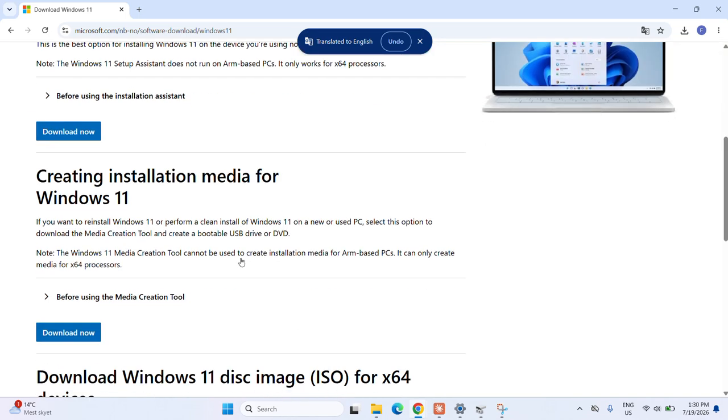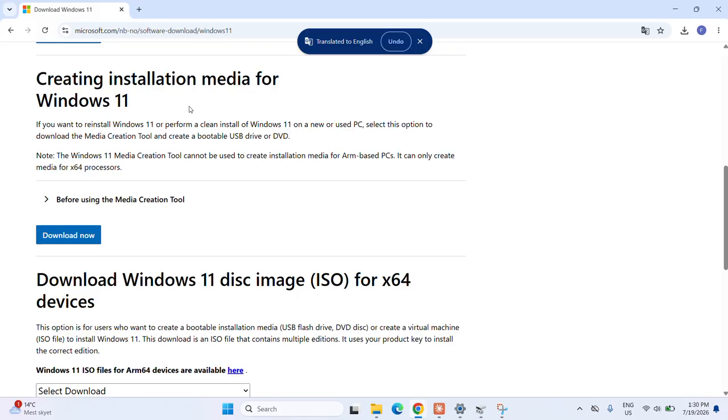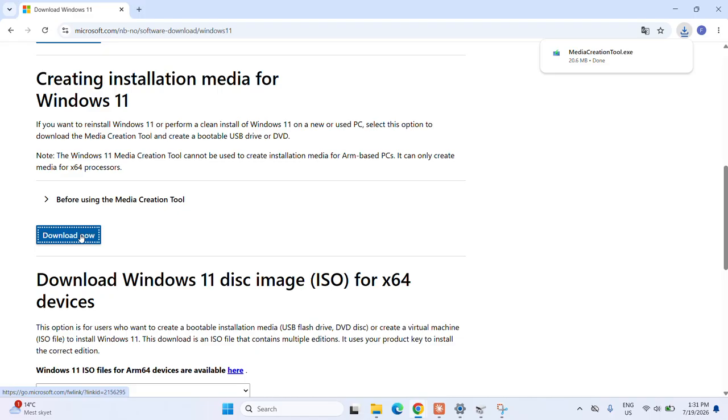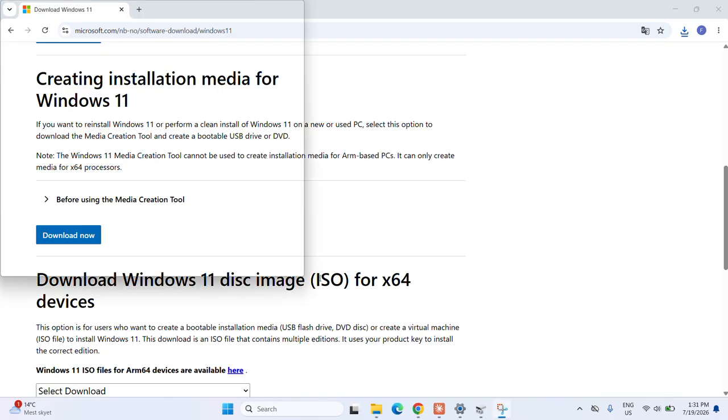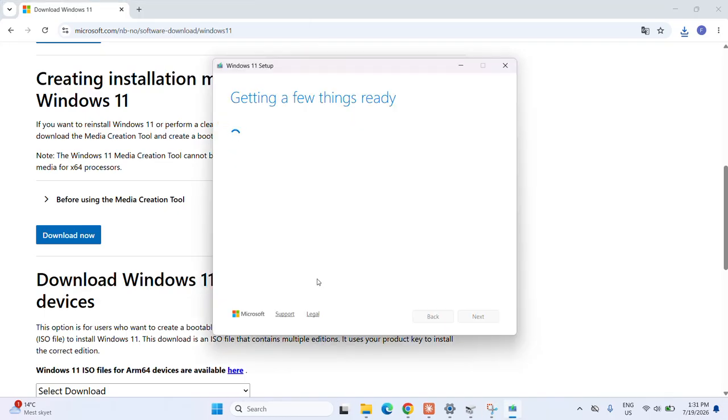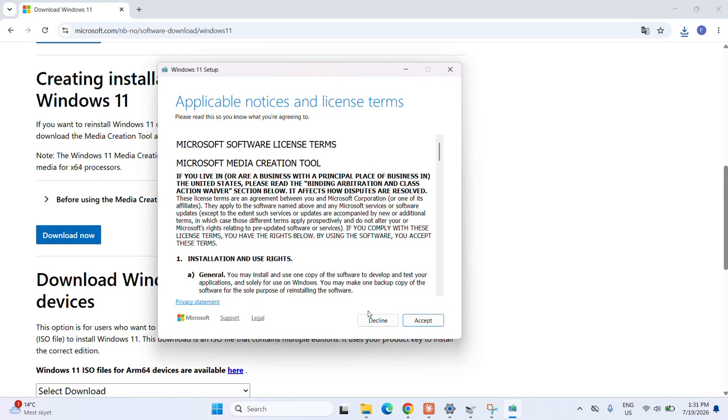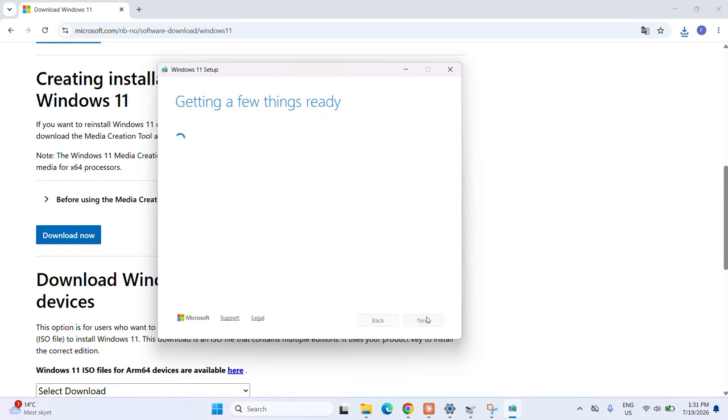Yes, to create the installation media, you have to download the media creation tool. This is a link to download it. Just click and download the media creation tool here. Once downloaded, you can execute it. So now the media creation tool is